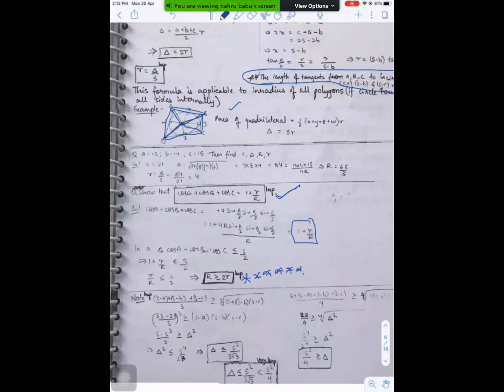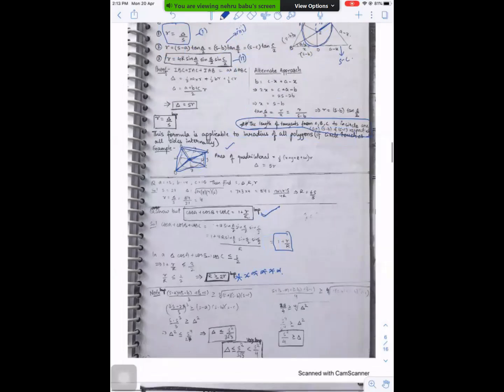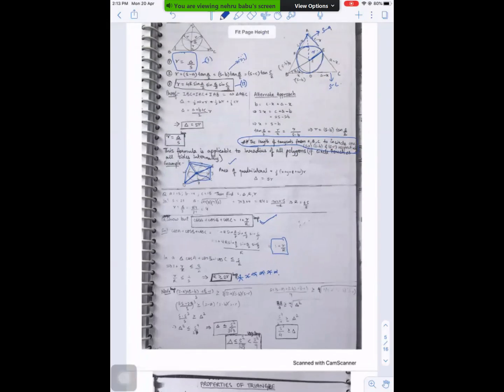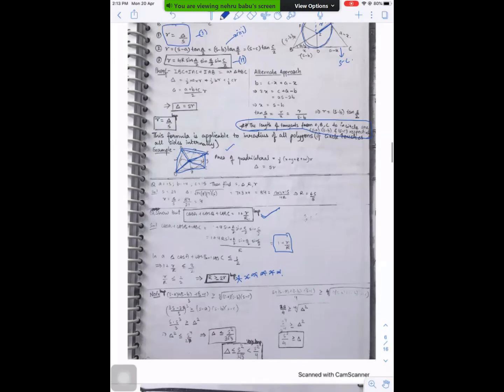Just see this screen once. Here all statements are important in this page. Those are formulas. Is it visible for you people, or do I still have to zoom in a little? The R formula and that small r by capital R are important in this page. And even this result is also important.